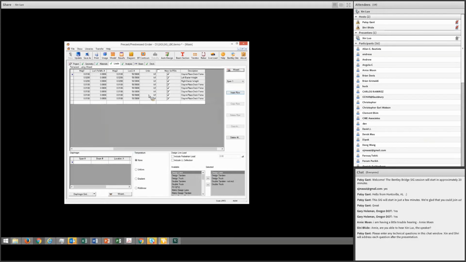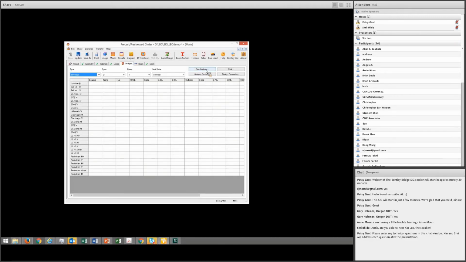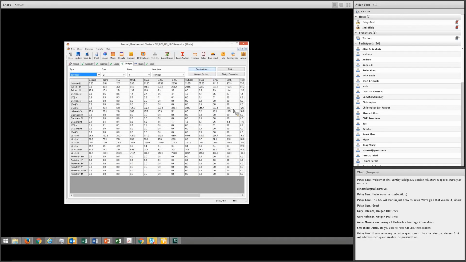Once you have made all the adjustments, go to the analysis and run analysis. Then you finish the analysis part for the superstructure. And you can go back to, let's do another way. Then you can